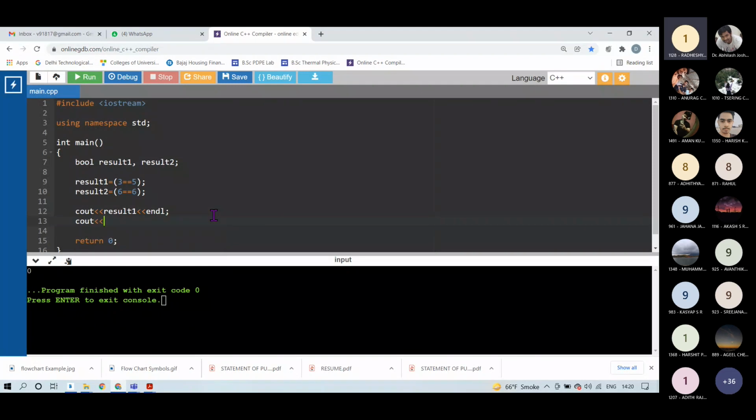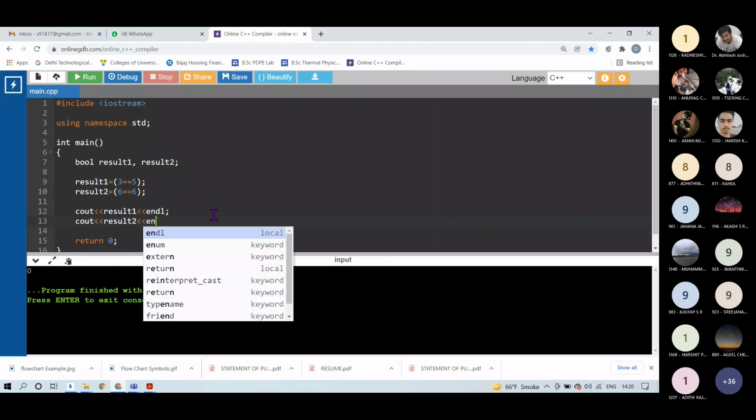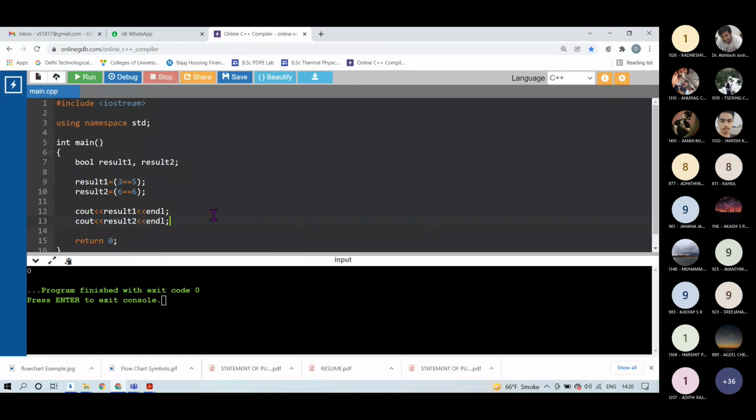Very good. So for result1 it is 0, and for result2 it is 1.